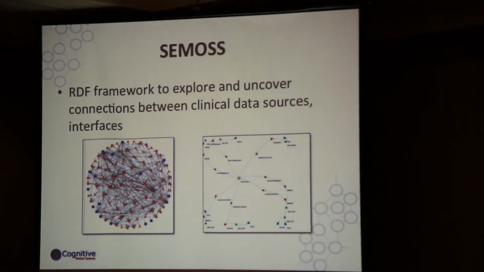There's another project actually going on right now at the Interagency Program Office that's using RDF and semantic descriptions of clinical system interfaces within the entire MHS, Military Health System, for which there are hundreds of systems and thousands of interfaces. They've cataloged those interfaces as RDF, and they built this now open source tool called CMOS,